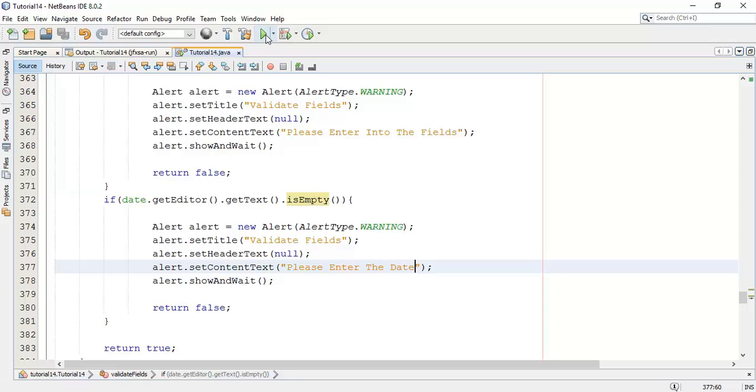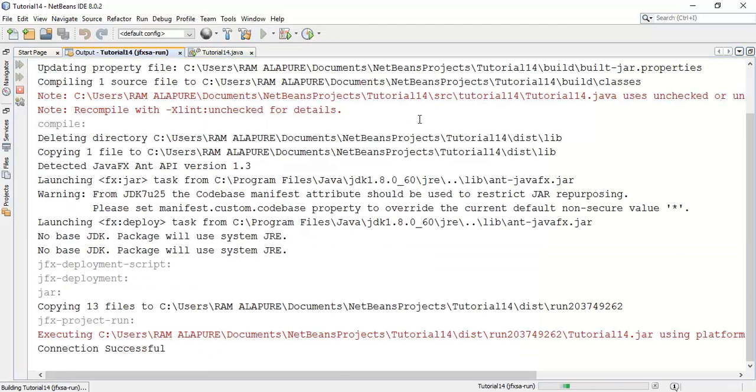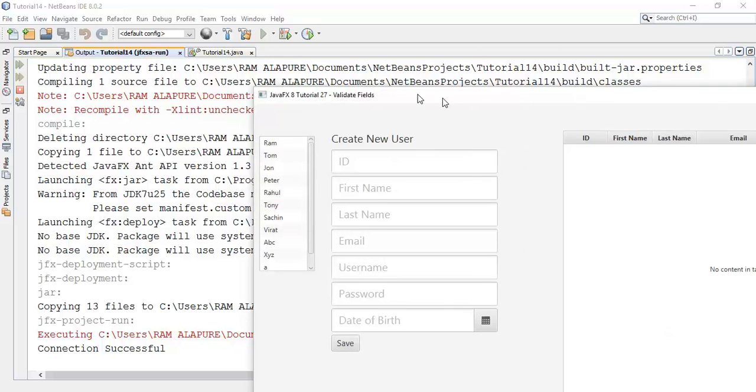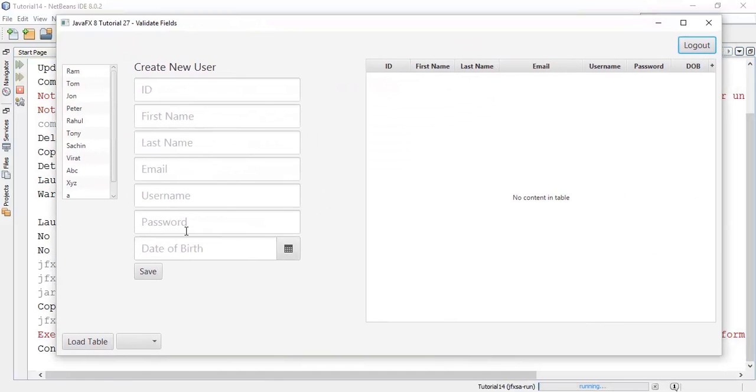Save this. Whenever the field is empty, it will show the message enter the date. So run this. User and password Ram. I'm going to say XYZ using this.